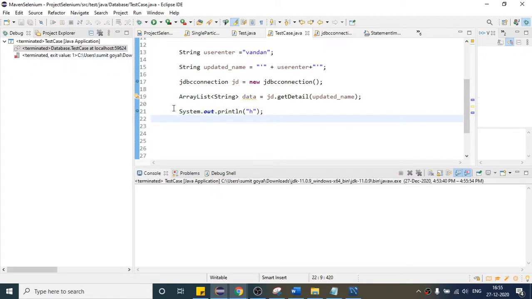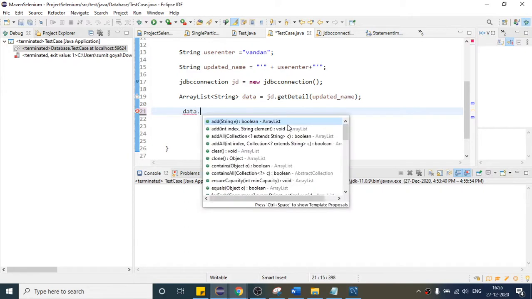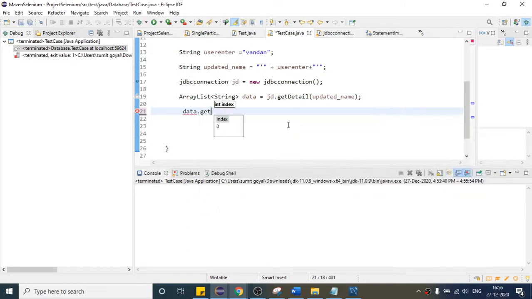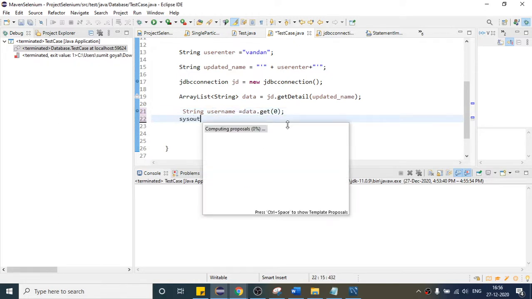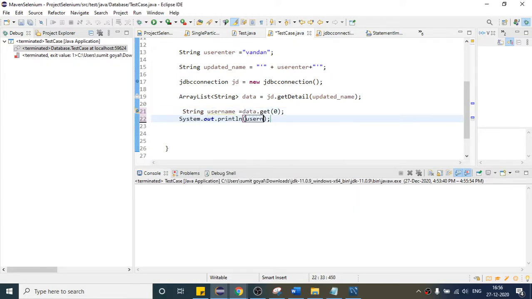You can also do it like this, data dot get. If I want to get the username, the first data, I can say string username. I will print the username.